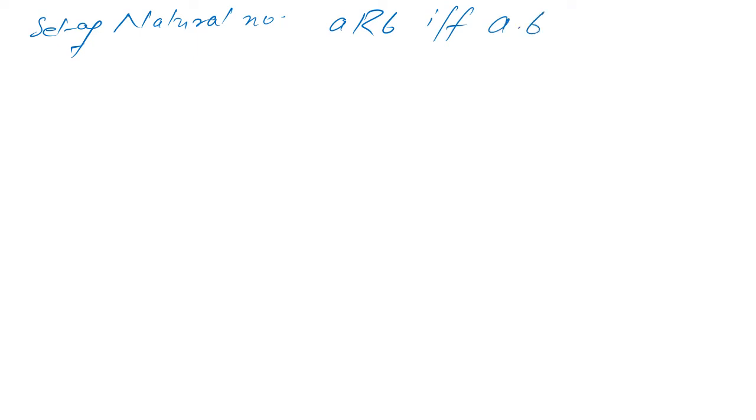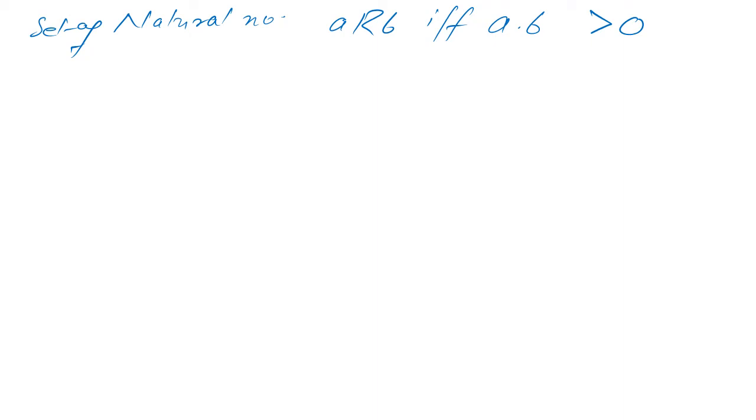Let's take another example. Once again, relations are being defined on the set of natural numbers. And the relation says A is related to B if and only if A multiplied by B is greater than 0. Now this is the relation that is given to you. Once again, the set on which the relation is defined is an infinite set, so it is not possible for us to list all the relation pairs.